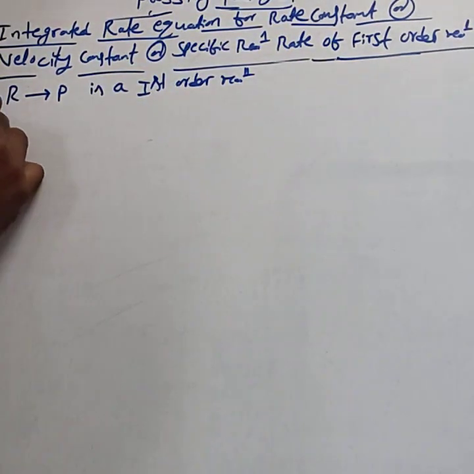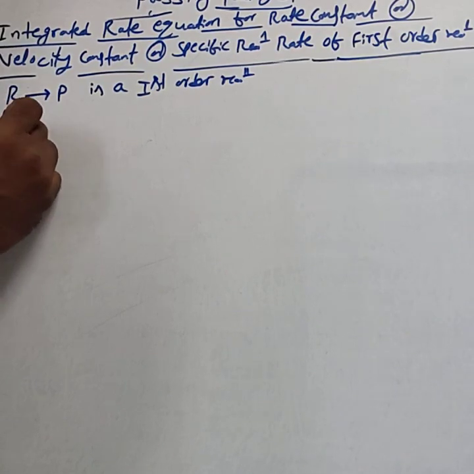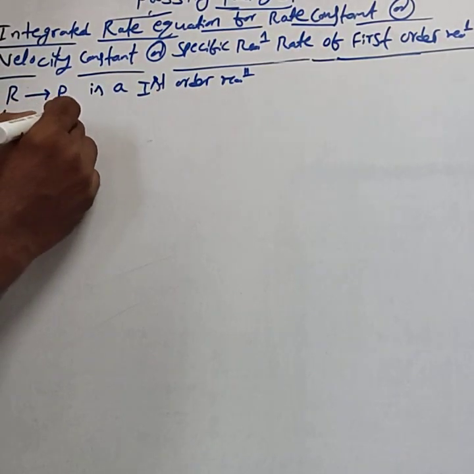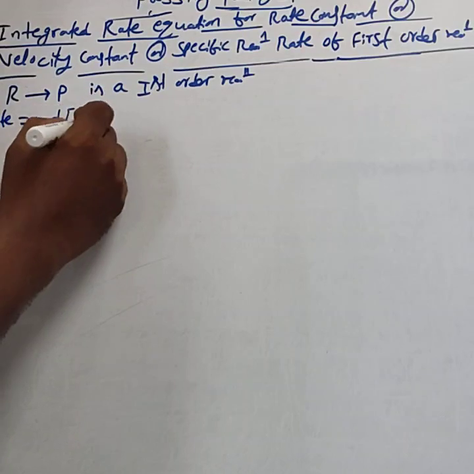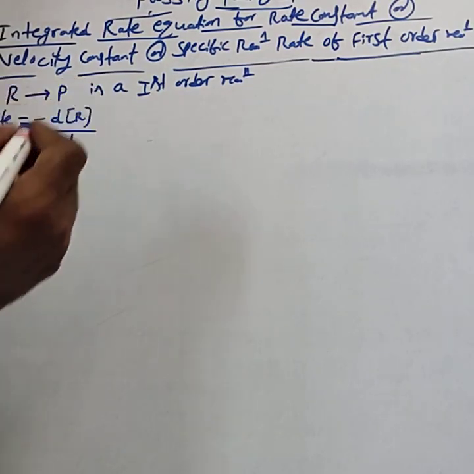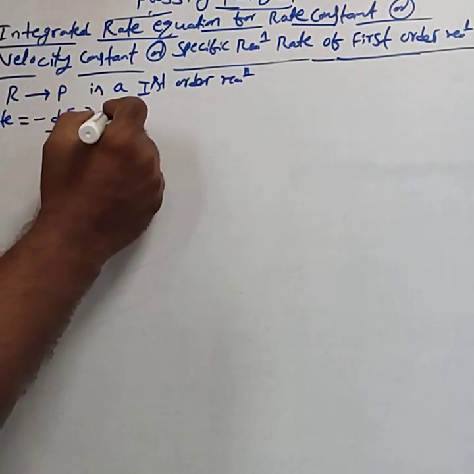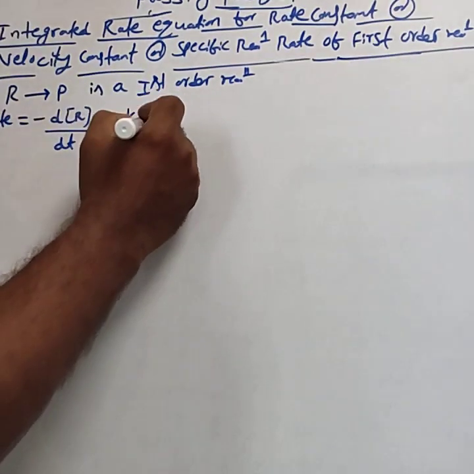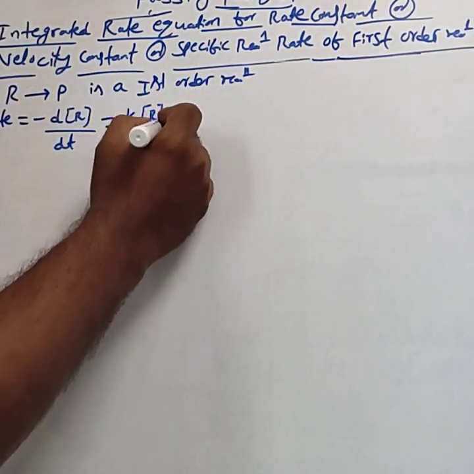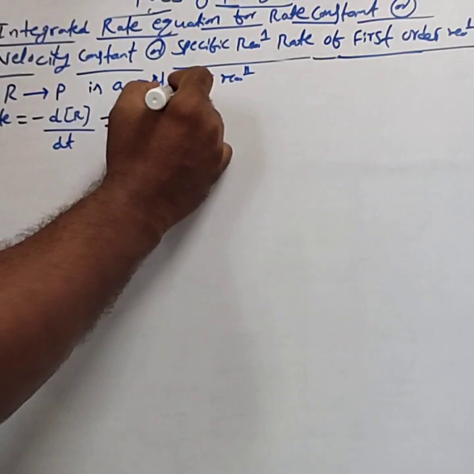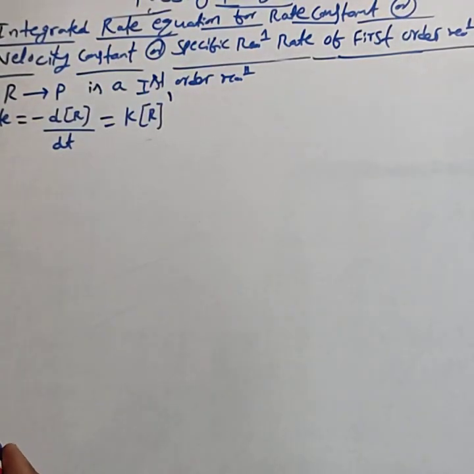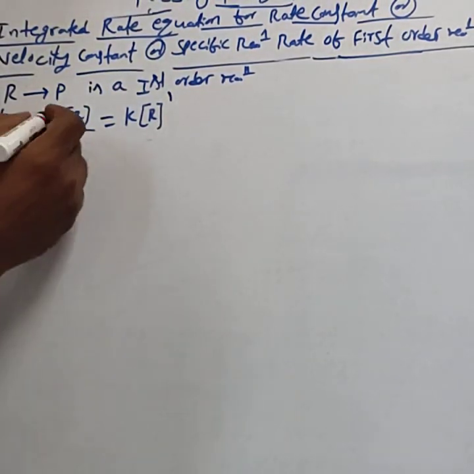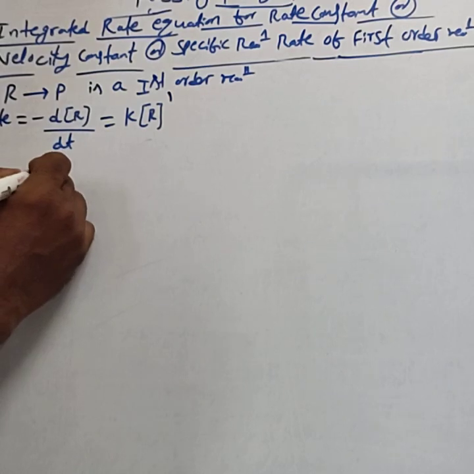Then rate equals minus dR by dt, that is equal to K into R power 1, since it is a first order reaction. Or rearrange this equation, that is dR